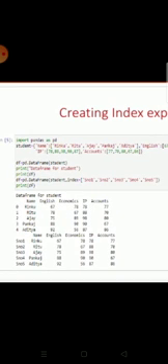Now see the differences. The first data frame from student, as usual, is displaying up to 4, but in the next where name, English, economics, IP and accounts are displaying, in place of index 0, 1, 2, 3, 4, the assigned index which is given in the program, s number 1, s number 2, s number 3, s number 4, s number 5 is displaying. So you can change the index according to your desire also.